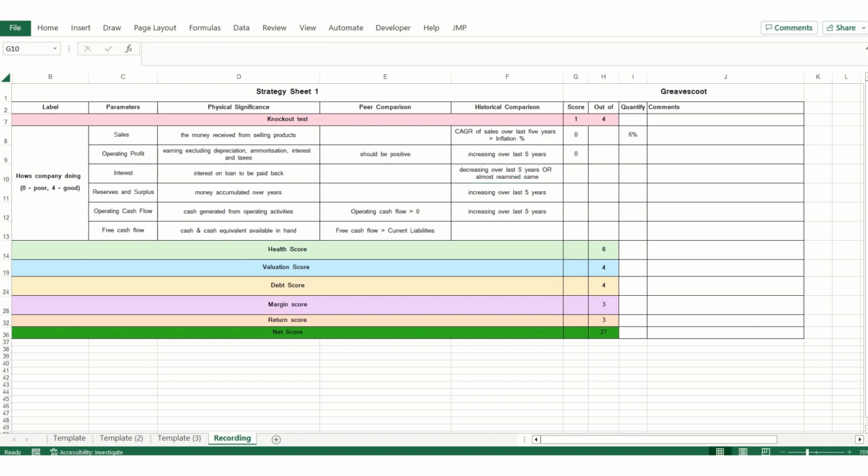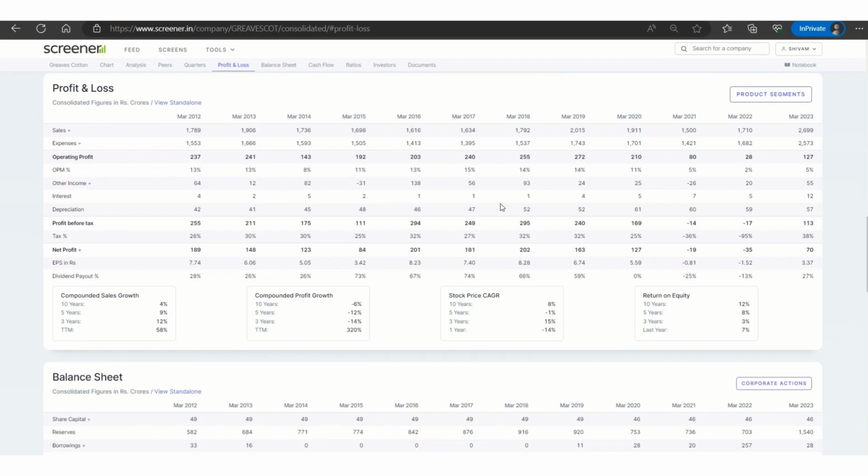So let's see how the interest is doing. The interest from 2019 was 4 crores and it has increased to 12 crores. So this is not a good sign. We have already discussed that companies do take loans to expand their business. So loan is not bad, and if you take the loan, your interest will rise. But these are the parameters, right?